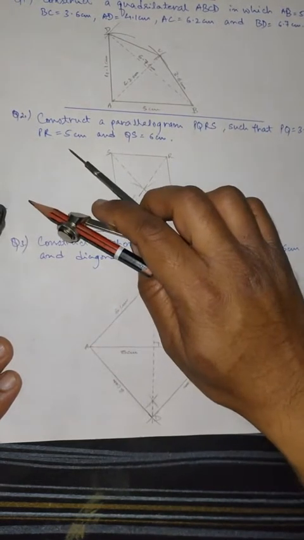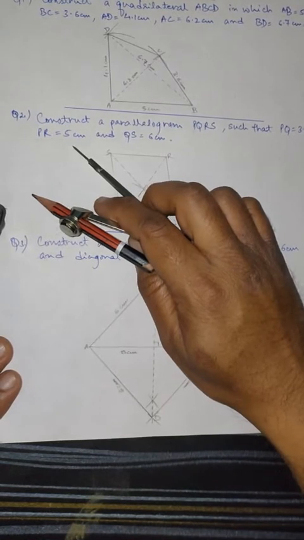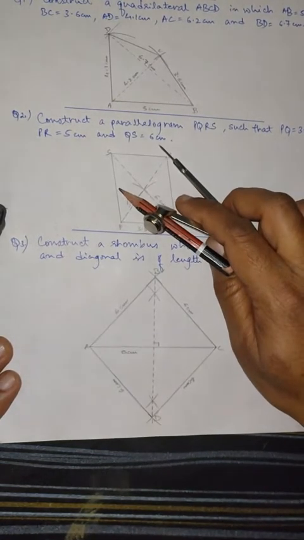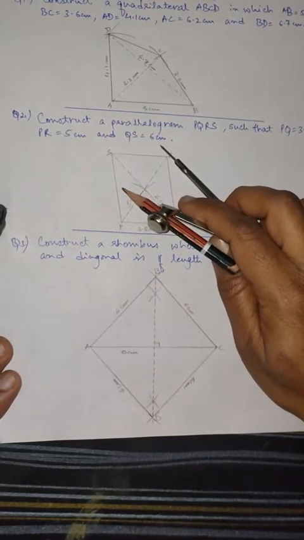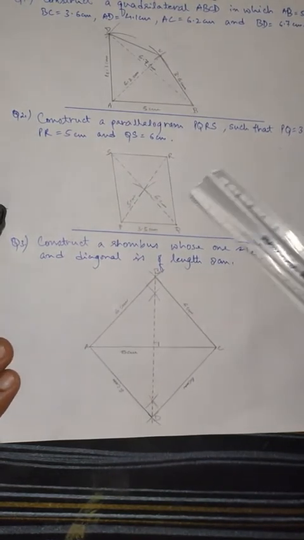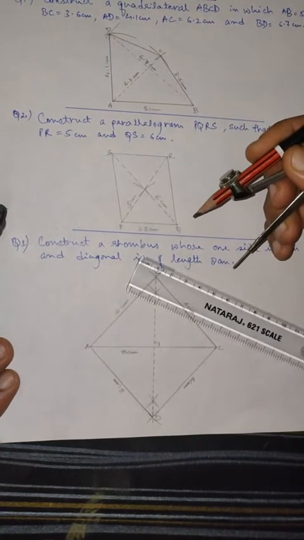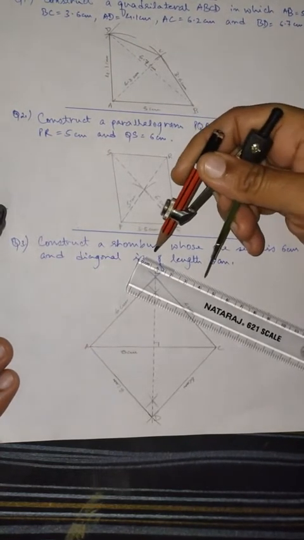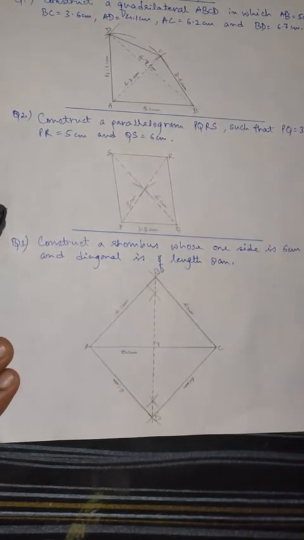So if you divide this 5 centimeter by 2, you are going to get the value as 2.5. And if you divide the value of the other diagonal 6 centimeter by 2, you are going to get the value as 3 centimeter. So what I am going to do, that 2.5, we are going to measure it again with the help of this ruler. We are going to measure the length of 2.5 centimeter on this compass,